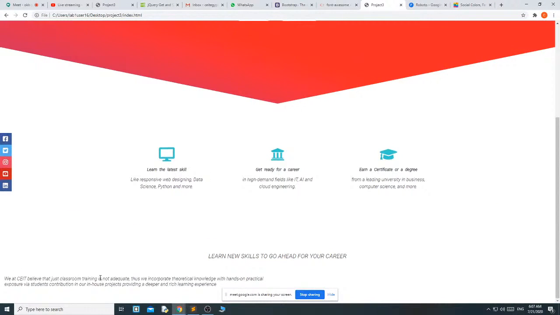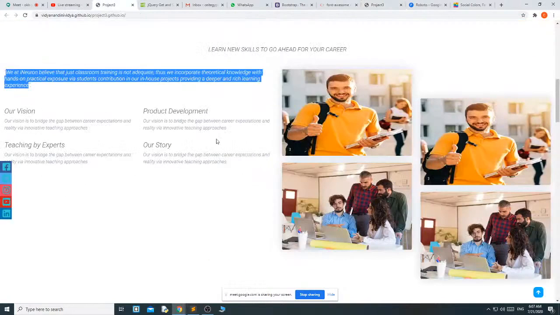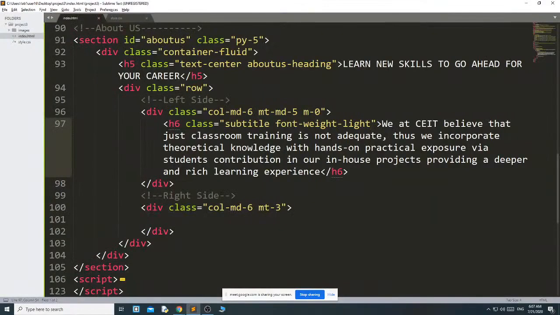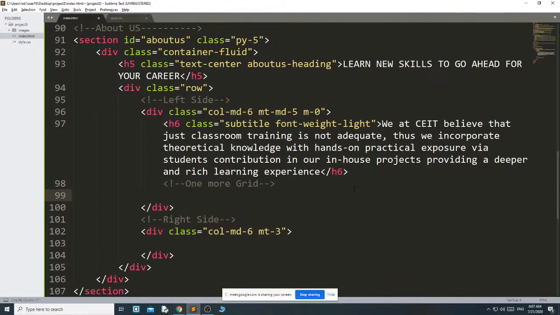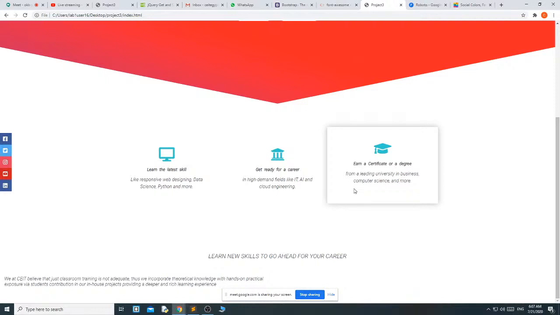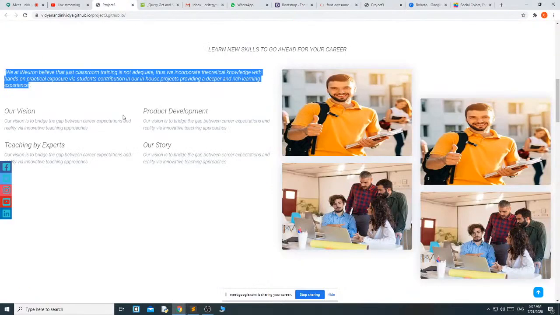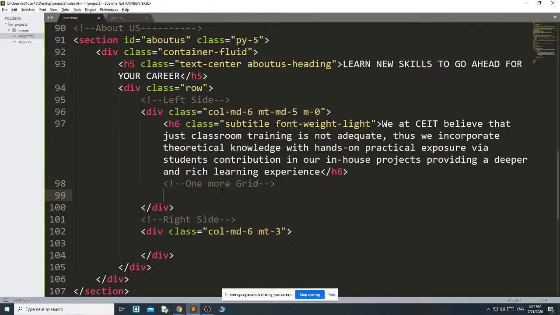Okay, after you write this, you want to divide your grid. After this is completed here, you are writing one more grid, and in that grid again you are going to divide into two parts, MD6. When you are writing one more grid, you have to first write class row.